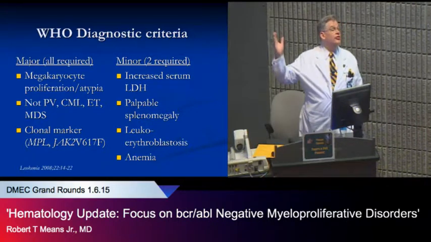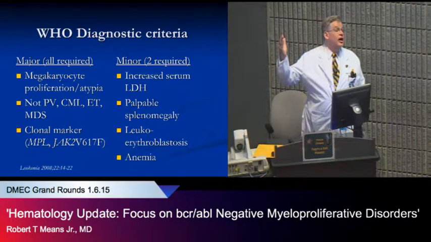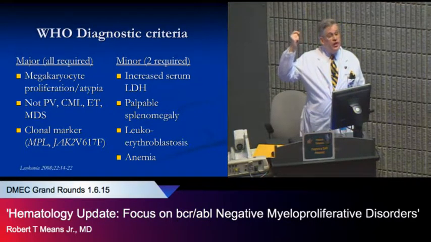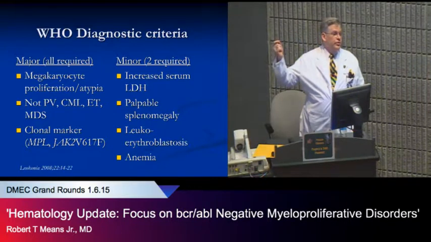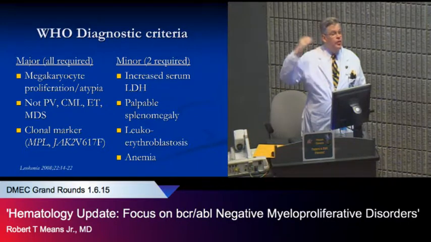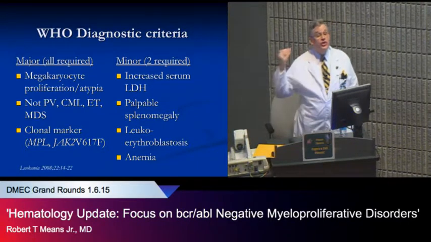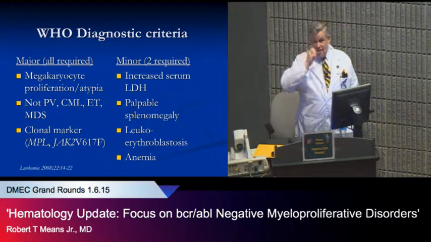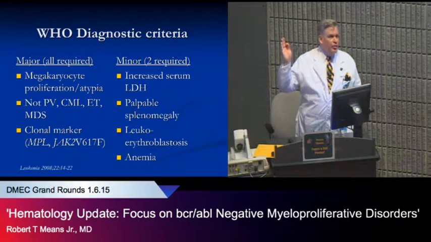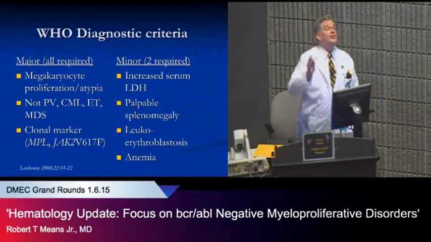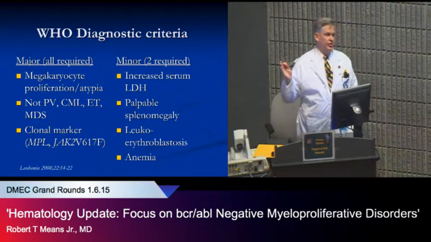You need to have leukoerythroblastosis, which is a marker of marrow replacement by something. It means you have immature white cells and nucleated red cells floating around in the periphery. That is a marker of normal marrow displacement by something. It could be fibrosis, as in this case. You can see it with solid tumors infiltrating the bone marrow. You can see it if you have lipomatosis and you have fat infiltrating the bone marrow. You can occasionally see it actually if you have histoplasmosis and you have massive granulomas in the bone marrow.